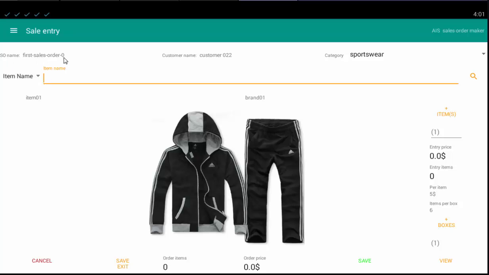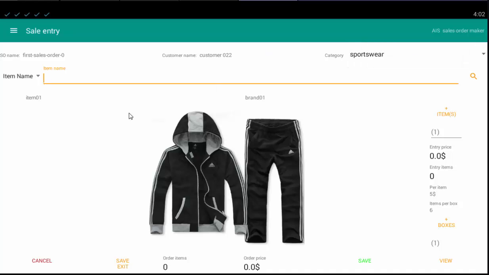The application will add an auto number at the end of each Excel file. The customer name, the customer already selected on the customers window, and we have here the category as the sportswear. If we select more than one category in the category selection window, we will have them all here in this drop down menu. But for now, because we have selected only one category, so we have one category here,